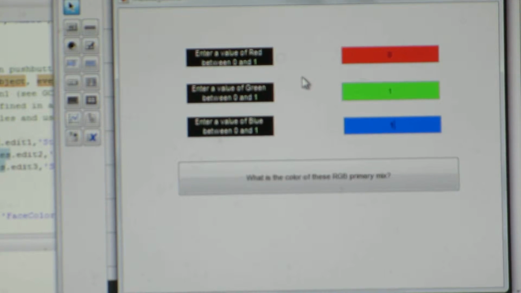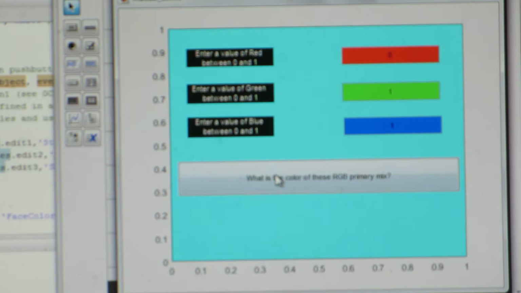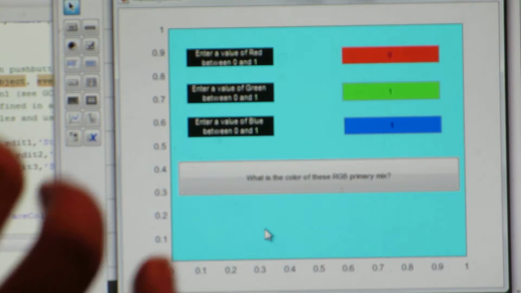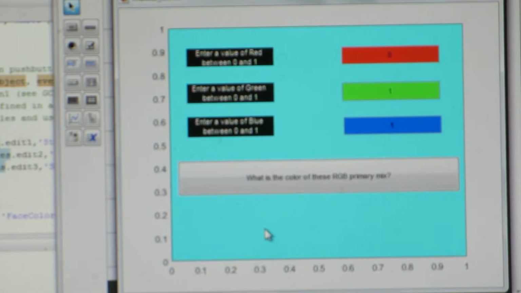equivalent to 100%. So with these different intensities, I press this button and I get the produced color of these different values. And this background color is turquoise, since there's no red, but there's an even amount of blue and green. So how I created this is that,